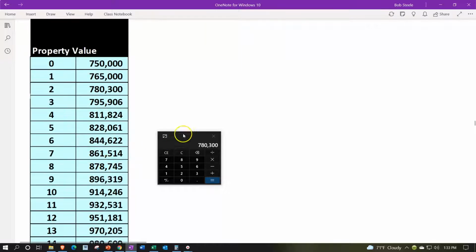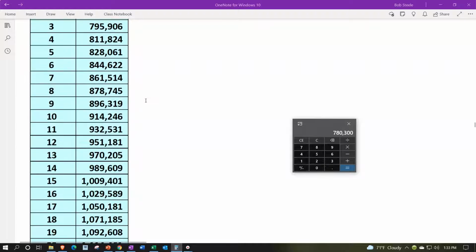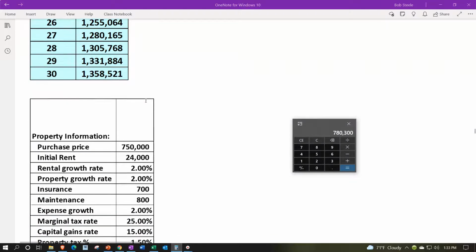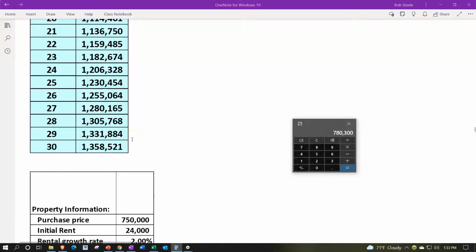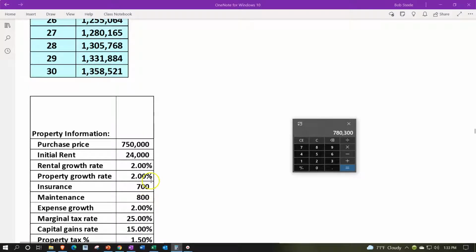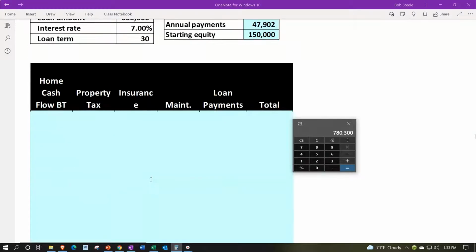So you can see the property value going up quite substantially, even though we're increasing it only by 2% a year, we get that huge increase. Again, this one is going to be a place where we're making our assumption that it's going to be increasing, and that's going to take your expertise in terms of what you think the rate of increase will be on the purchase. So then we can think about what's going to be the cash flow related to the purchase